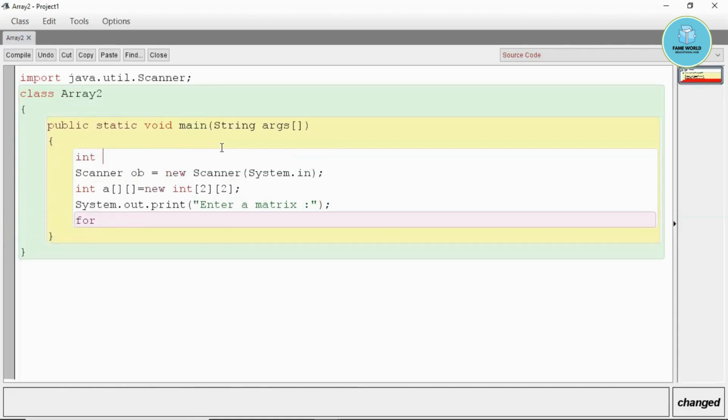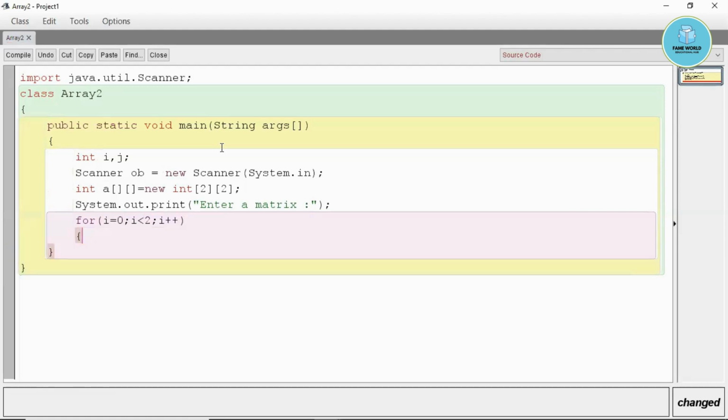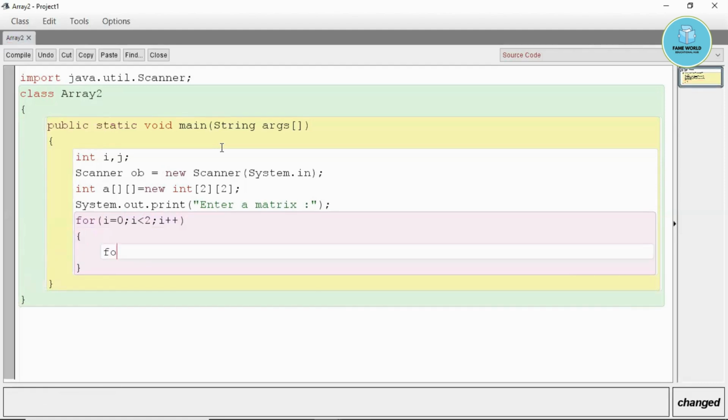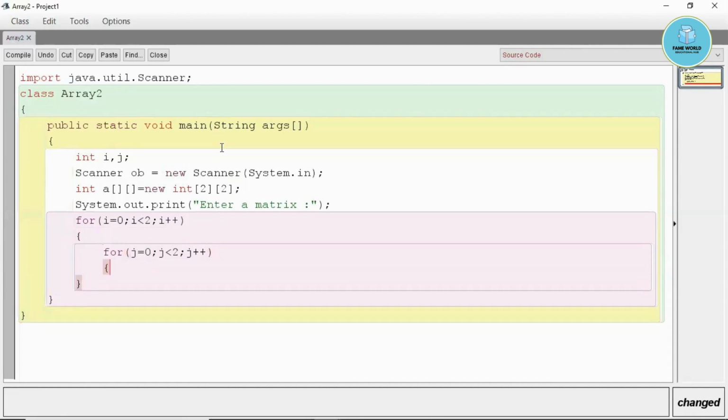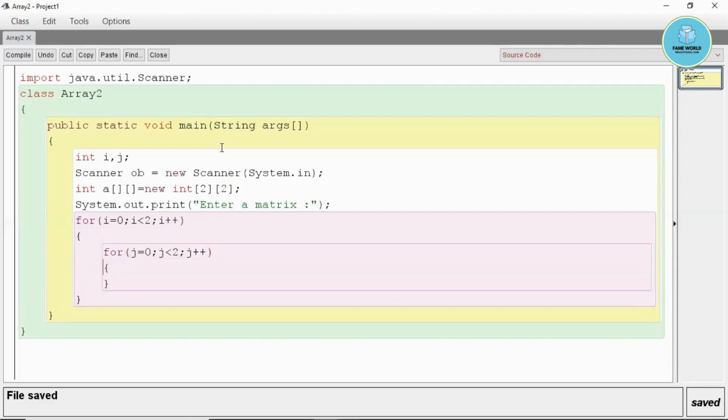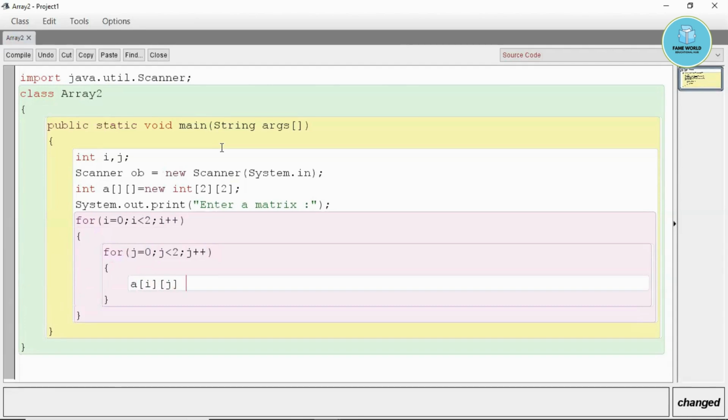So here I am taking int i and j for the loop. i equals to 1, i less than 2. Or actually it is an array, so we should take it from 0. i less than 2, i plus plus. Then for j equals to 0, j less than 2, j plus plus. So this is for the scanning process. We are taking the loops. Then we will take a of ij equals to